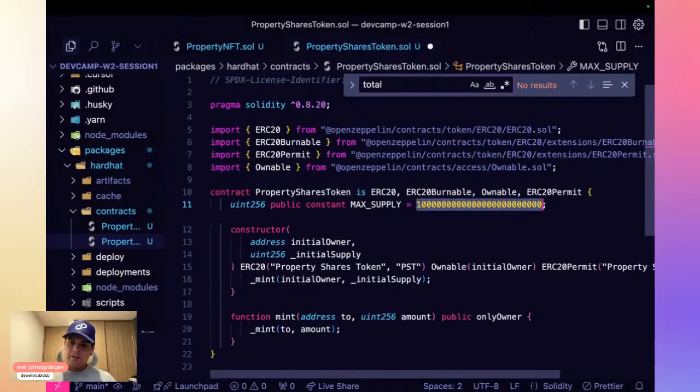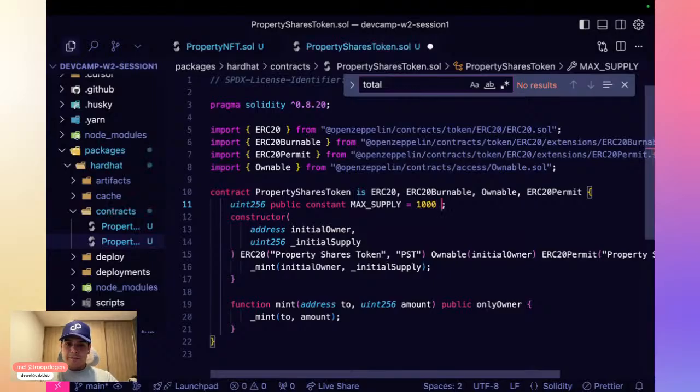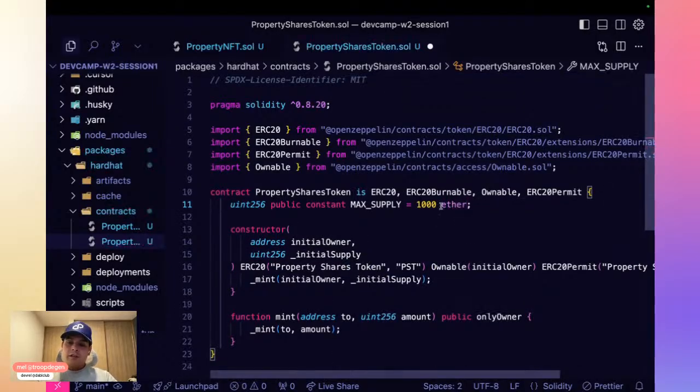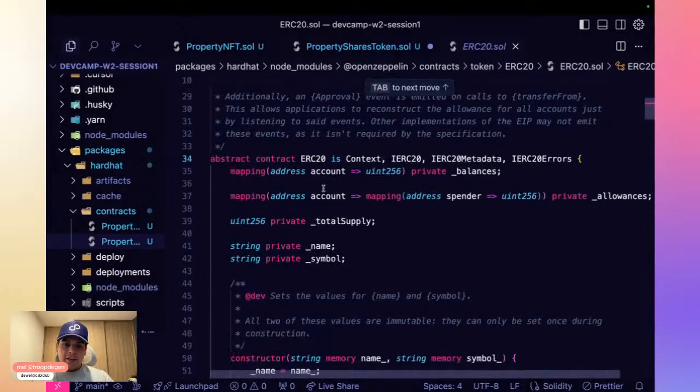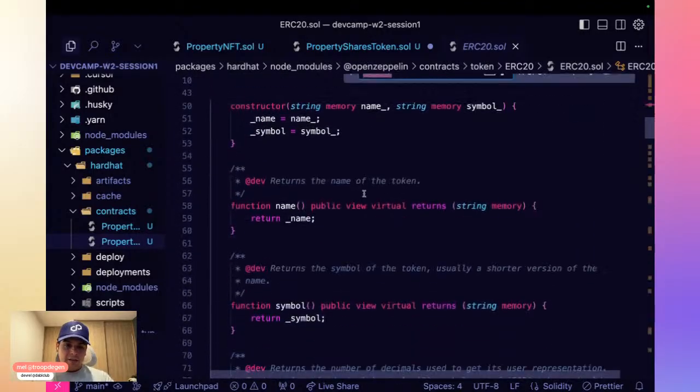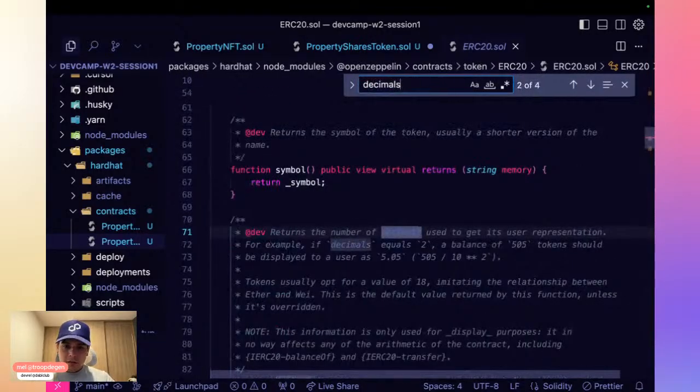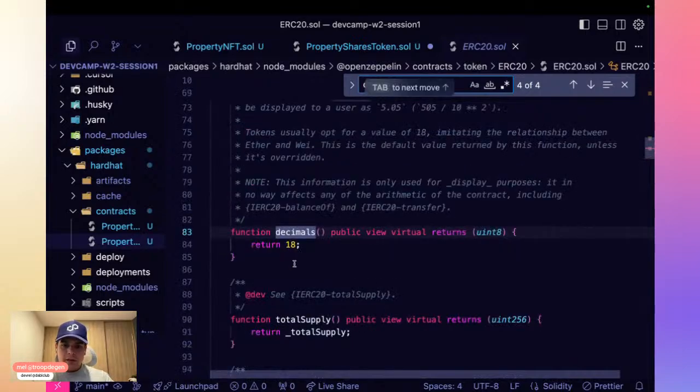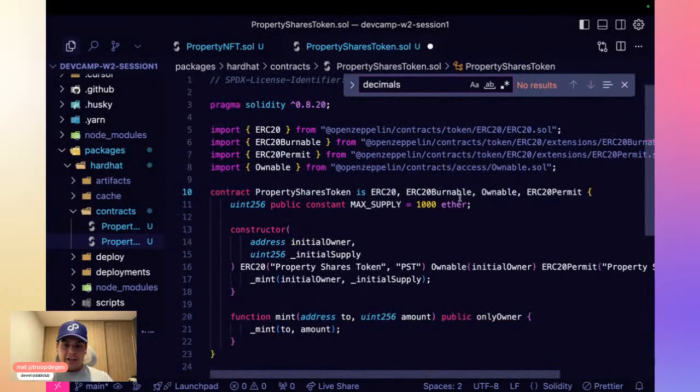Maybe we should just define it this way. So this is one way to say, hey, I only want 1,000. Since it's an ERC20 token, remember that the decimals by default is 18. So if you want to use different decimals, make sure to modify it. In our case, we will be keeping this standard from Solidity.